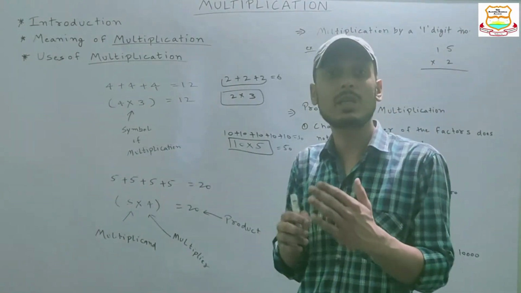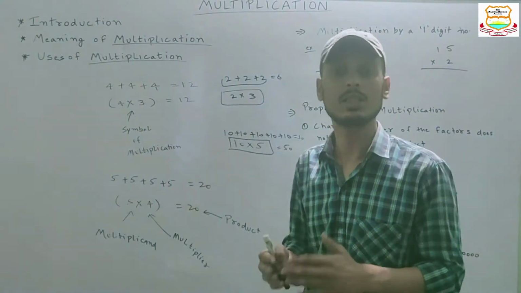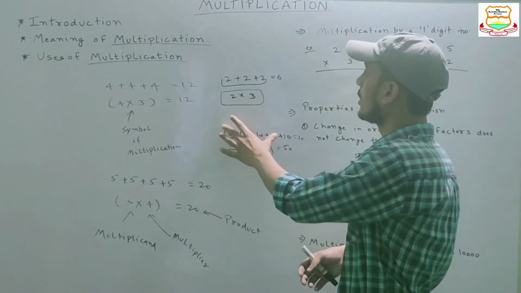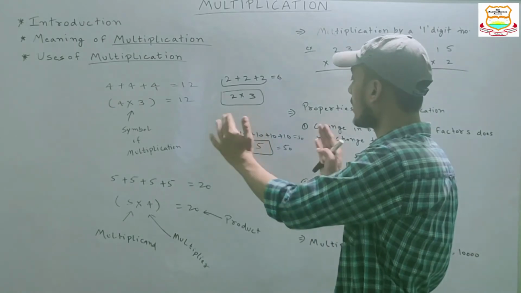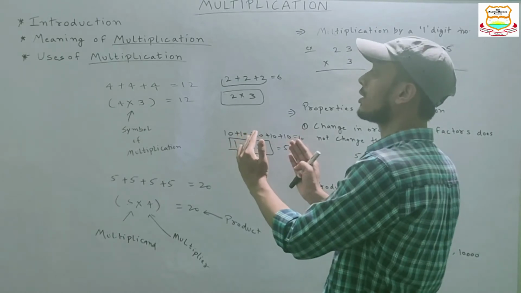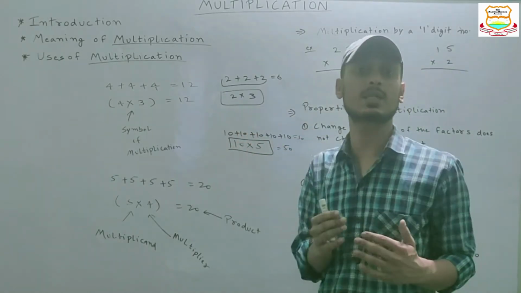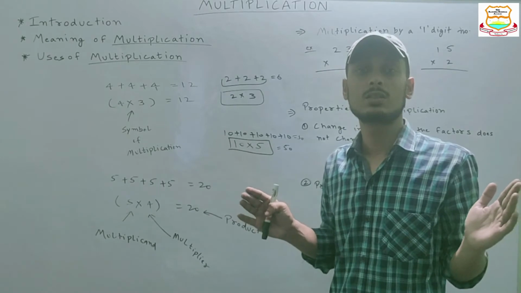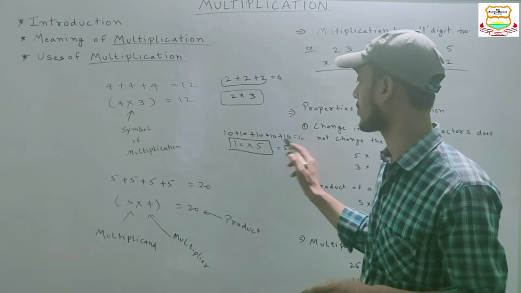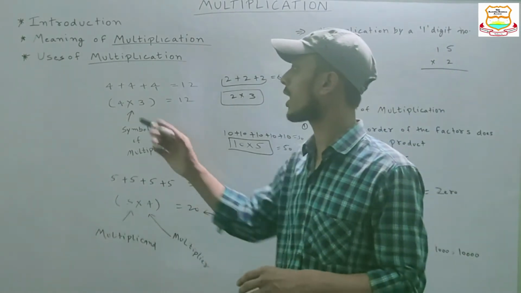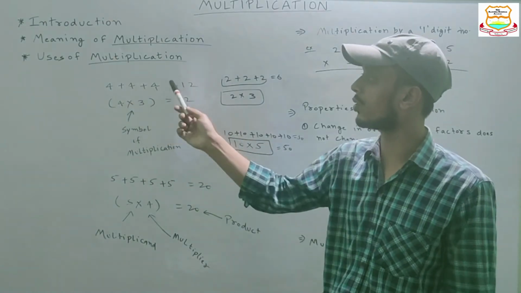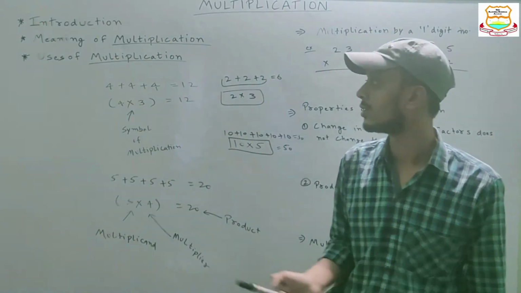Multiplication makes calculation easier. Suppose you are adding this 5 times. It is so much difficult and it is also lengthy. So multiplication is a shortcut technique to add bigger numbers, repeated addition. Got it? 10 5s are 50. So I have explained you the use of multiplication. Let us see some examples to understand multiplication.